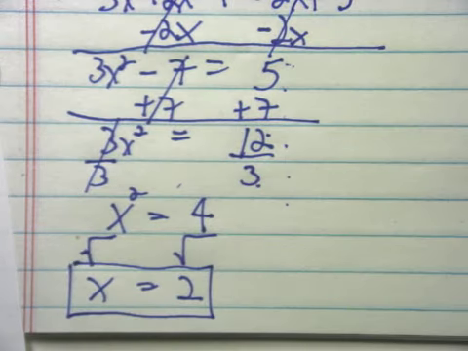Okay, well, I got x squared is equal to 4. But I don't want x squared, I want x. So I'm going to take the square root of both. The square root of x squared is just